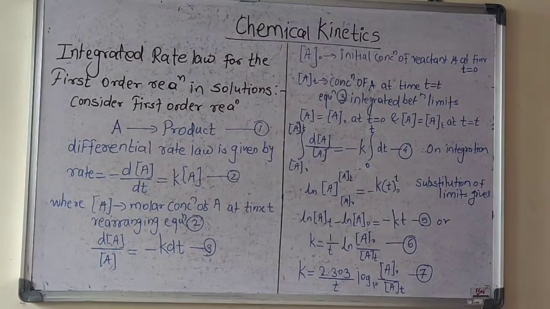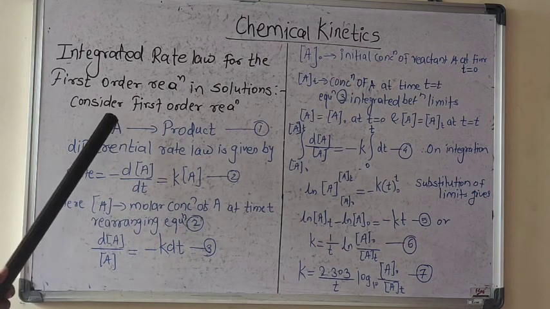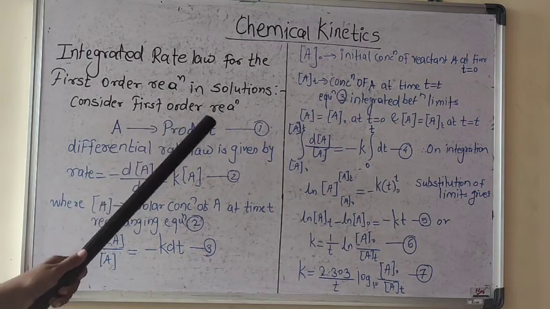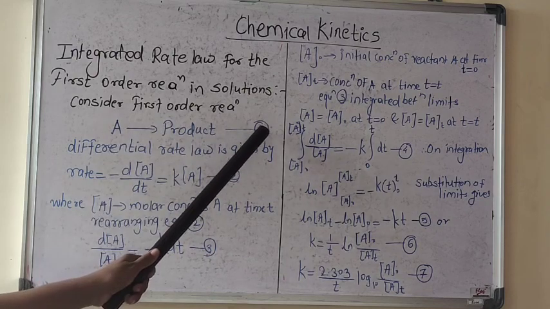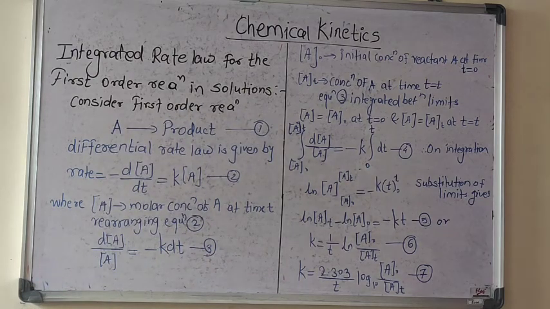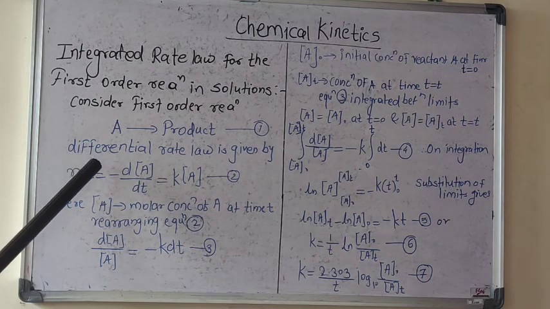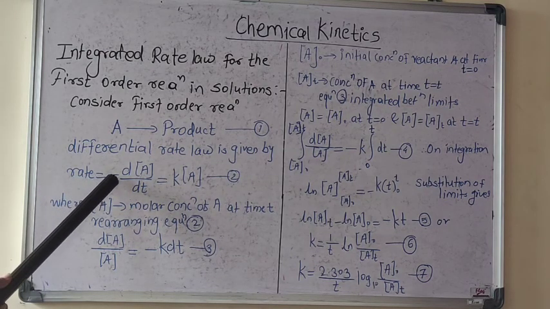Here we are going to see the integrated rate law for a first order reaction in a solution. So we are considering the first order reaction, that is A converted to the product. This is given as equation number 1. The differential rate law